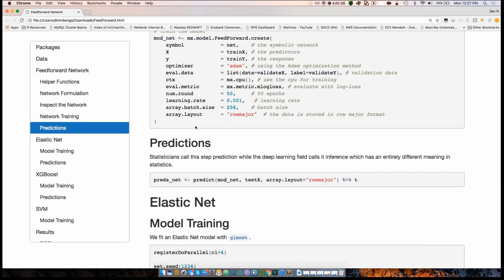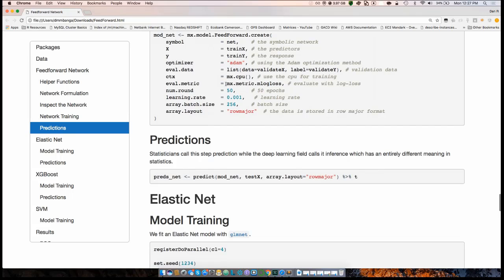Okay. We provide validation data to make sure we're doing it well. And here, this is very important. ctx equals mx.cpu. I'm fitting this on my local laptop. It's a little 12 gig, 13-inch laptop, nothing that impressive. And it's simple. If I wanted to switch to GPU, you simply change that to mx.gpu. You literally change one letter. And then in the parentheses, you can say which one to use or use multiple GPUs.